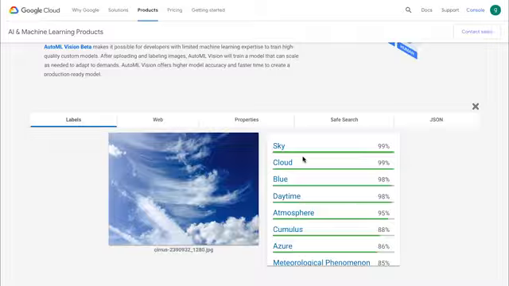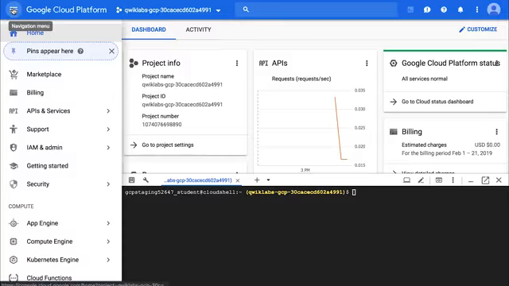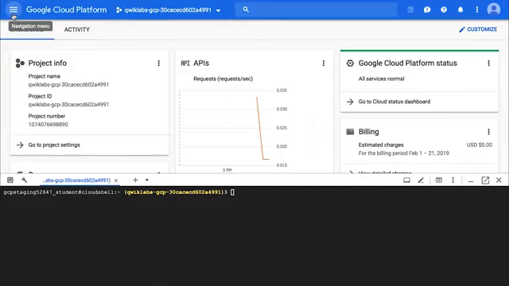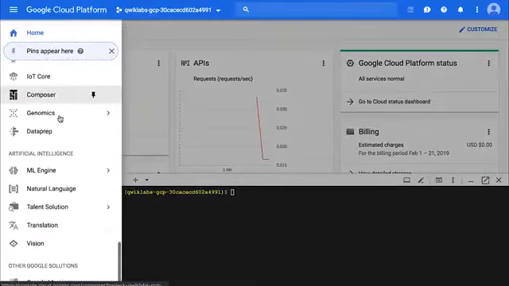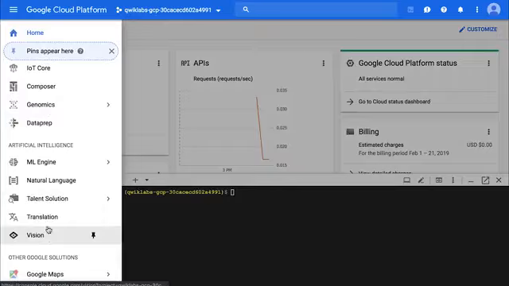In real-world implementations, calls to the API would be made programmatically, but you should now understand what each one of these calls can accomplish, and that the Vision API is powerful, but limited to the set of high-level classes that it was trained with. Unlike the Vision API, AutoML Vision can be trained to use whatever classes you need for your business use case. To check out AutoML Vision, first click on the navigation menu, scroll down until you see Vision within Artificial Intelligence.